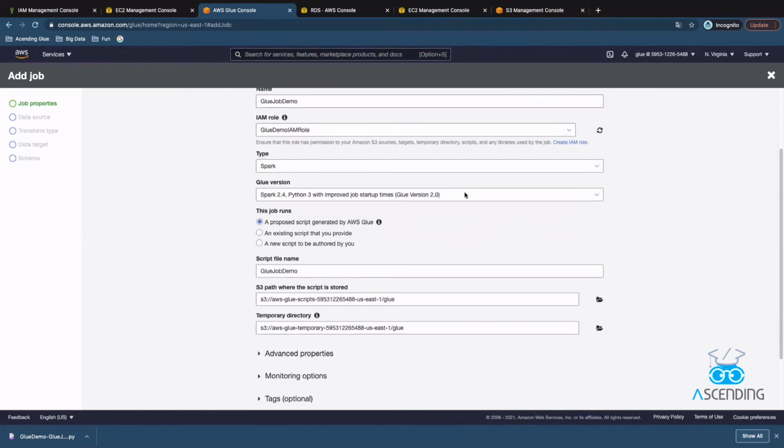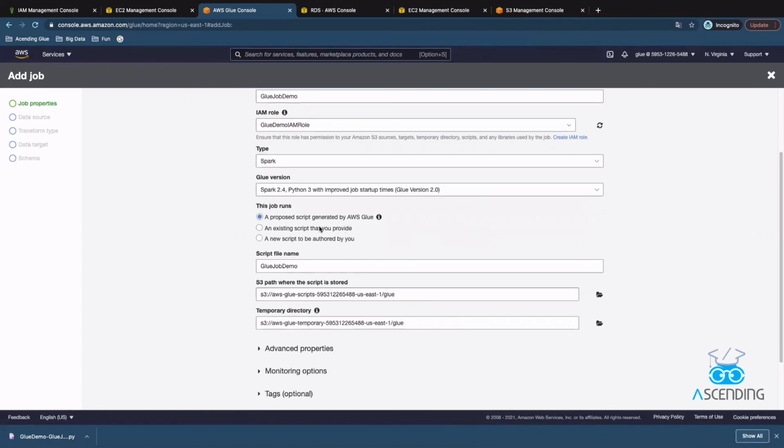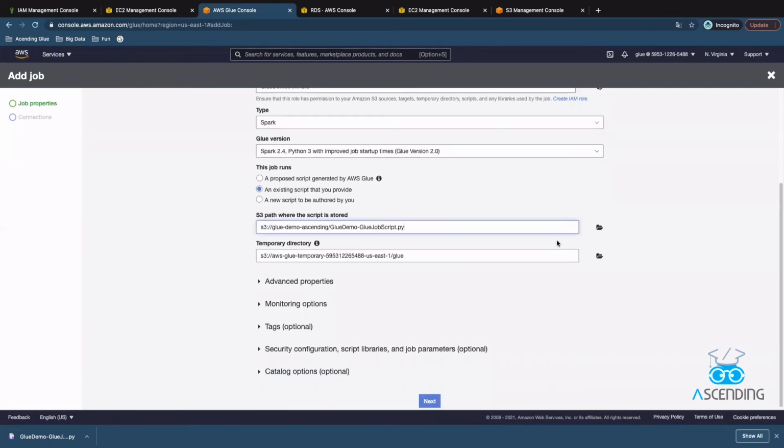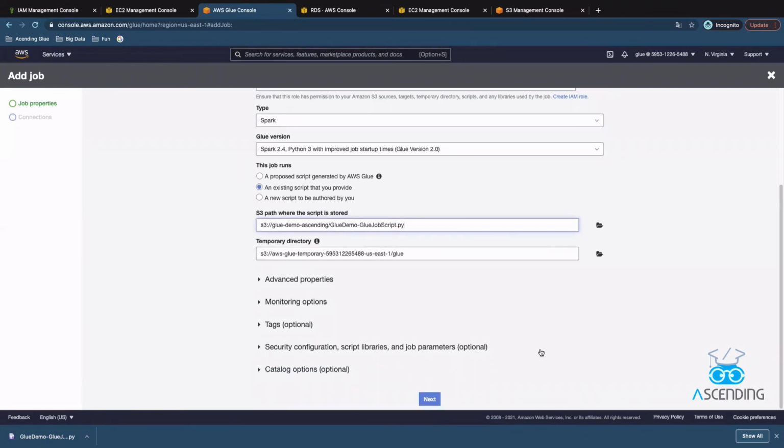Keep Glue version as default. I'm going to use an existing script that I uploaded to S3 already. Leave the other configurations as default.